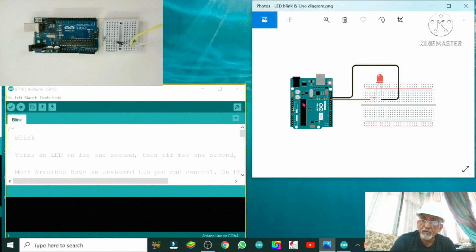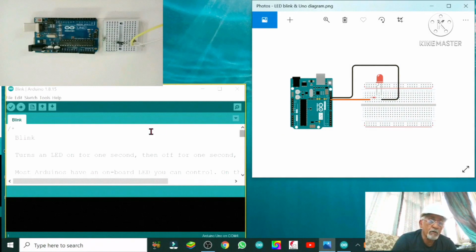When we remove this USB cable from the computer, the code is now in the brain of this IC, the microcontroller. This board you can say is like our body. All the pins are going from this IC. When we give an external supply of 5 volt, it will start independently. That we will see afterwards.